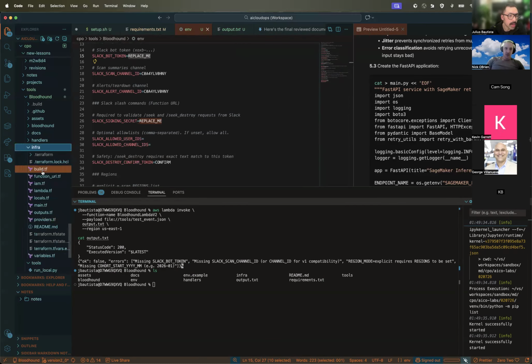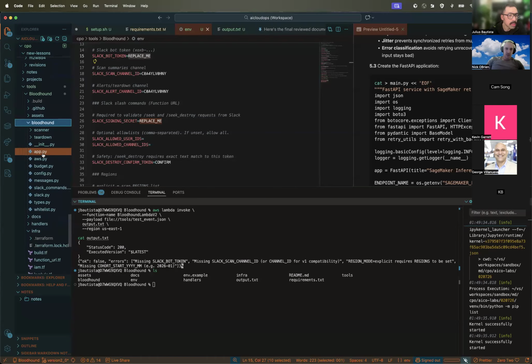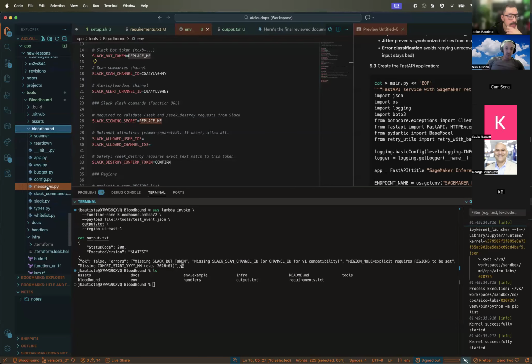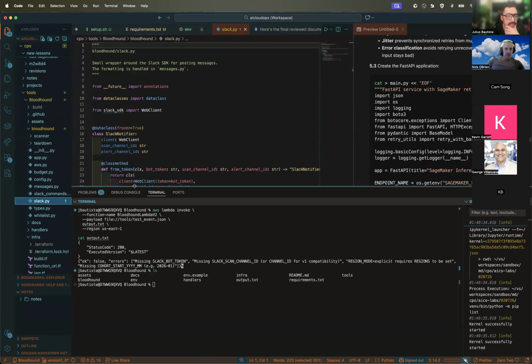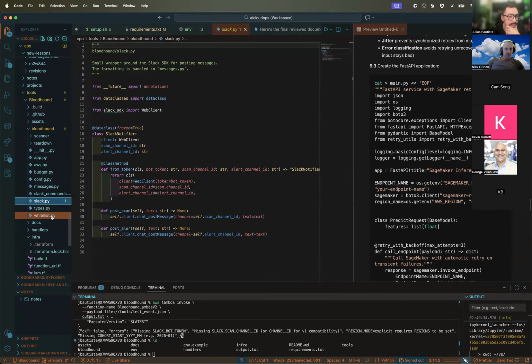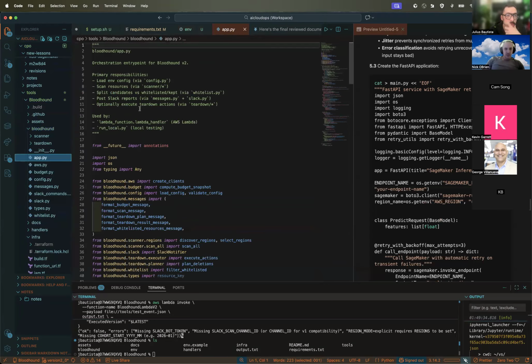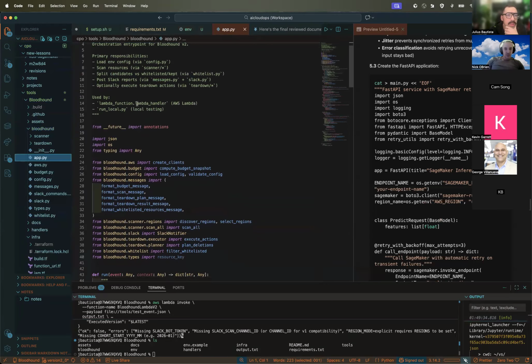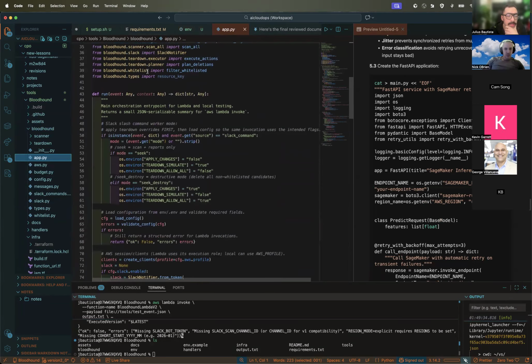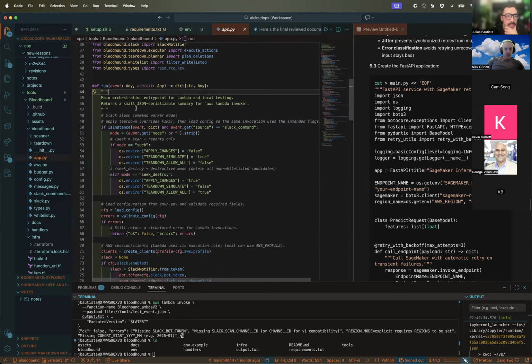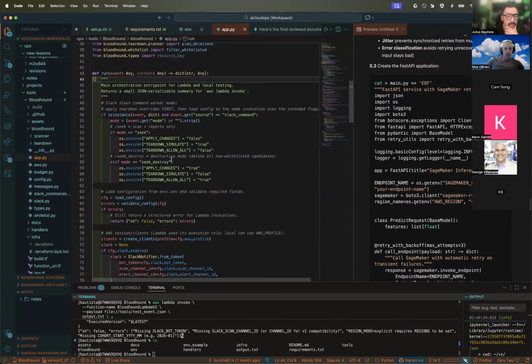Let's see. It's not in infra. So let's look inside. Okay, so it's probably all of this Bloodhound stuff. Where would we start? Let's probably start at app.py. So first we load the environment configuration. We scan for, or that's just listing them. I don't know if that's actually the right order. So during run, we,